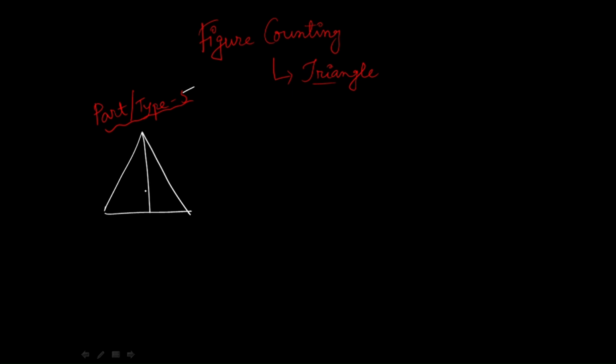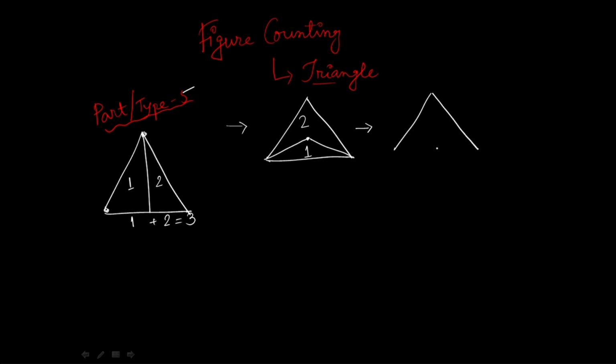So how many triangles were there in this figure? 3 triangles. What are they? First triangle, second triangle, and the larger one. So if a figure comes like this, how many triangles are visible now? 2 triangles, right? If we join the apex here,